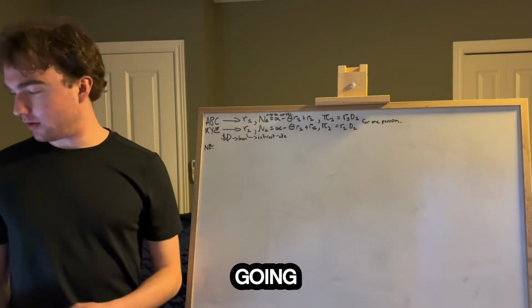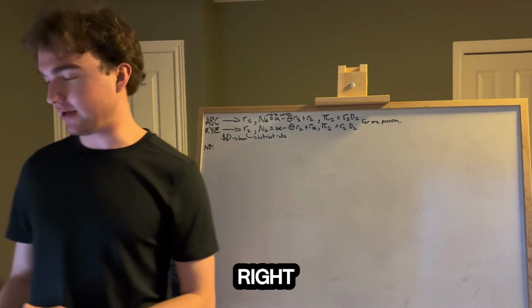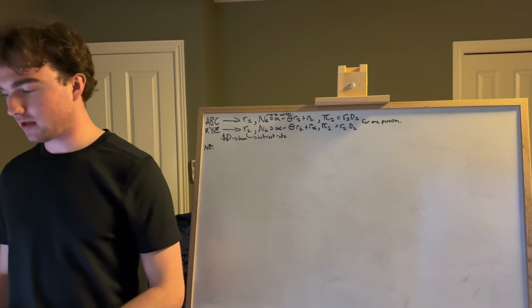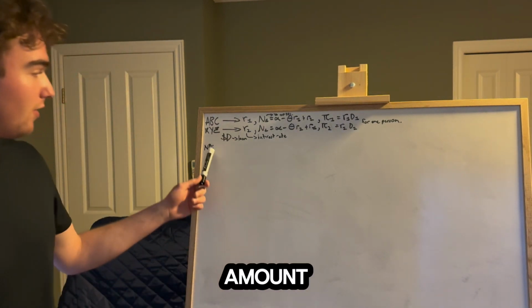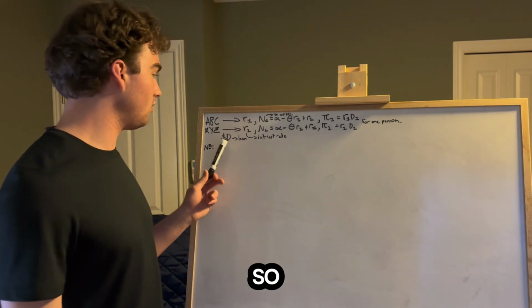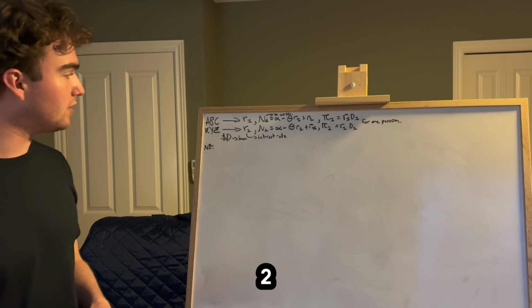Okay, so we're going to be going over a game theory question. I'll explain the story and then we'll get right into the math. There's two banks, ABC and XYZ. Each of these banks gives the same amount of loan with an interest rate. So the loan is D, and the interest rate is either R1 or R2, depending on whether it's